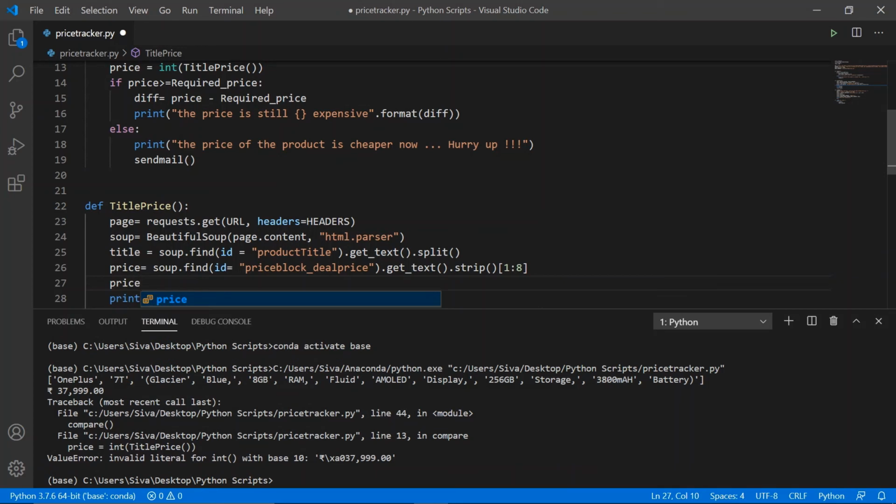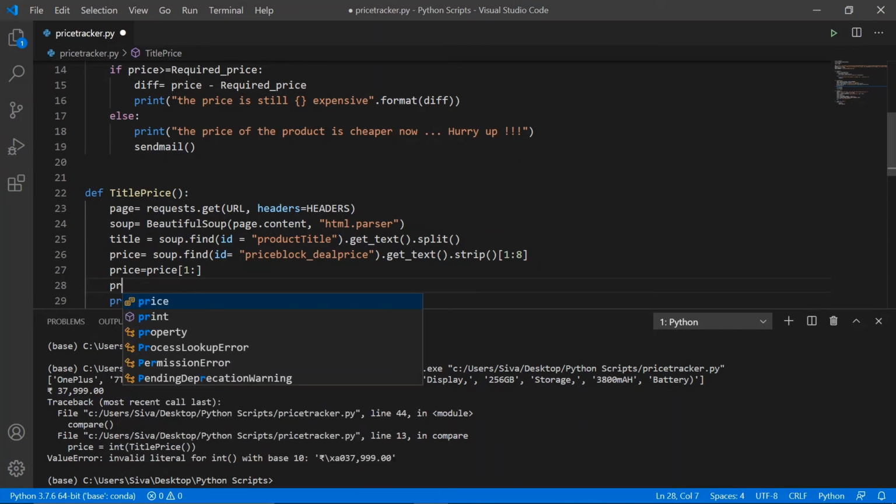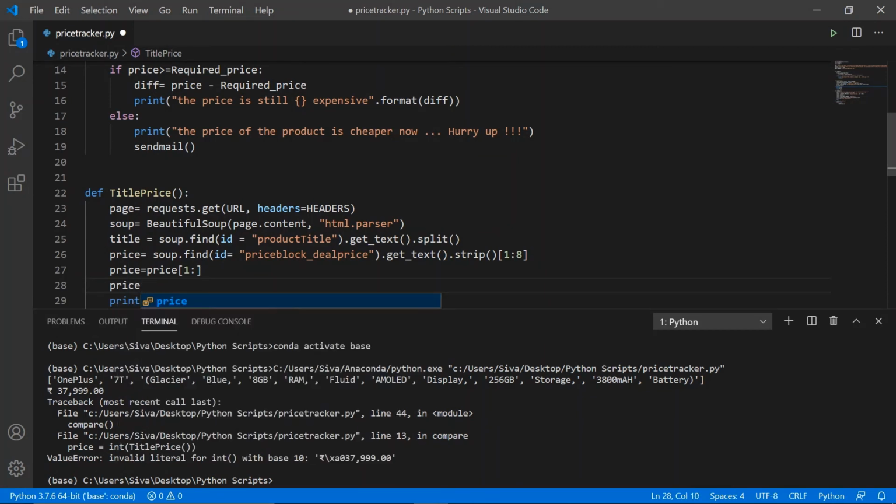This is not another variable, it's the previous variable I'm using. So price, price underscore gun is equal to price dot split,